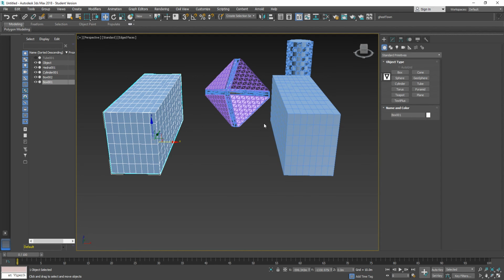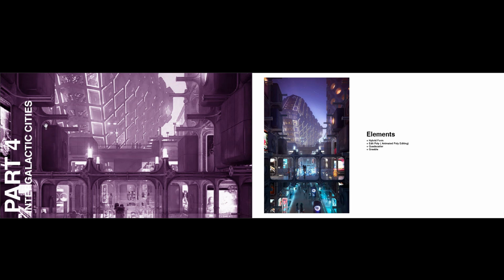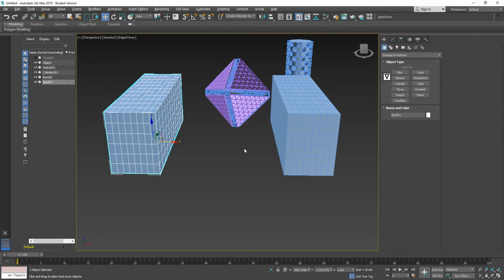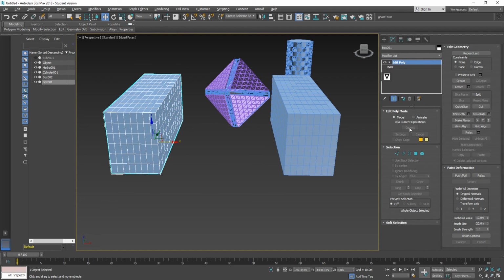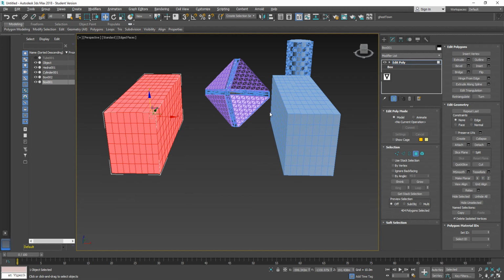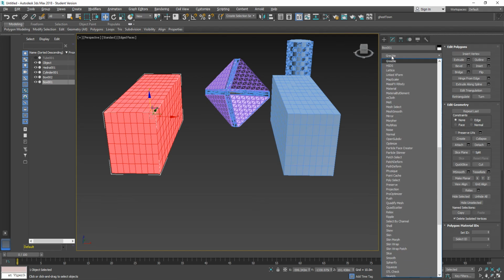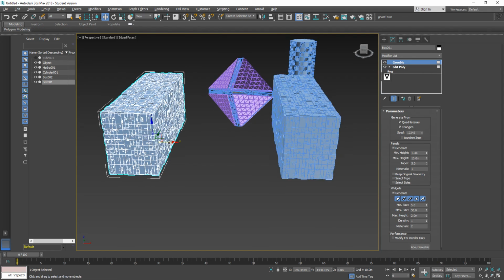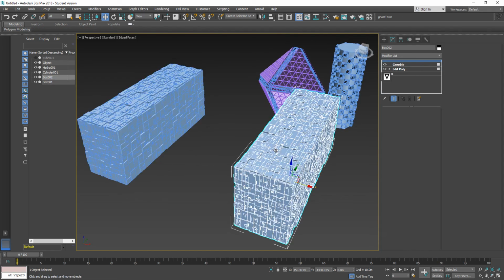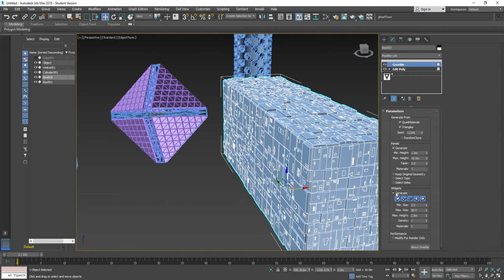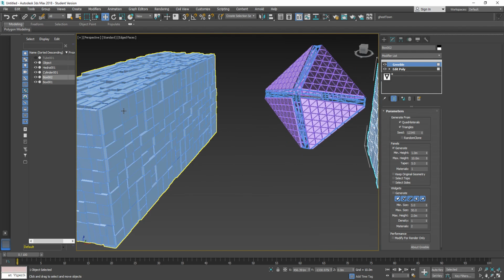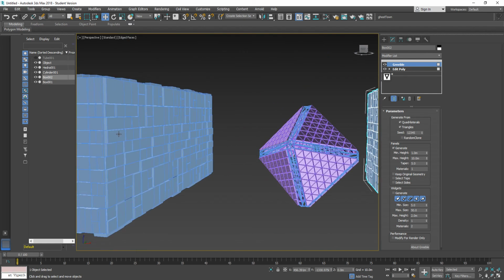Now, in order to create the random extrusions, as we can see here, what we'll do is just use apply and edit poly, select all the surfaces, and do a Greeble. Notice how both of it is having Greeble, and we want it like that. So just turn off the widgets, and now